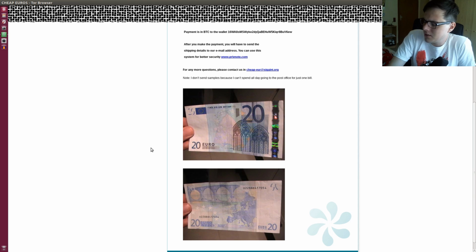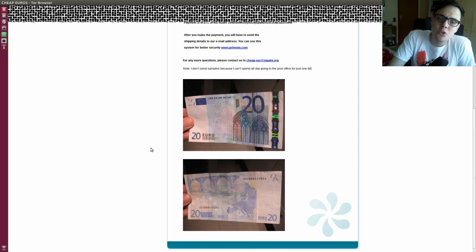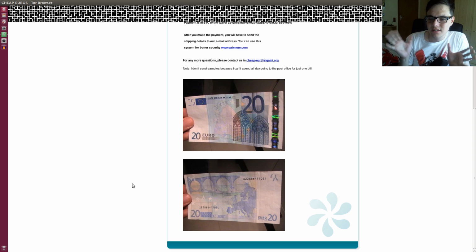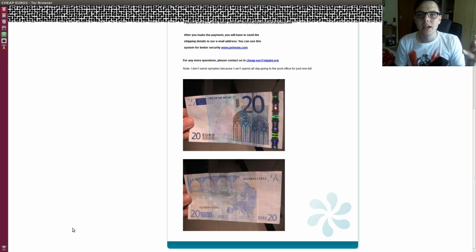Now look at those pictures. All I can say is that some dude, I'm very sorry, in the background looks kind of edgy style. It's made in some basement or something. It looks like some dude just went grocery shopping and decided, hey, I got this 20 euro note. Let's photograph that from both sides and then tell people to send me money to send them fake money, even though I don't even know how to make fake money.